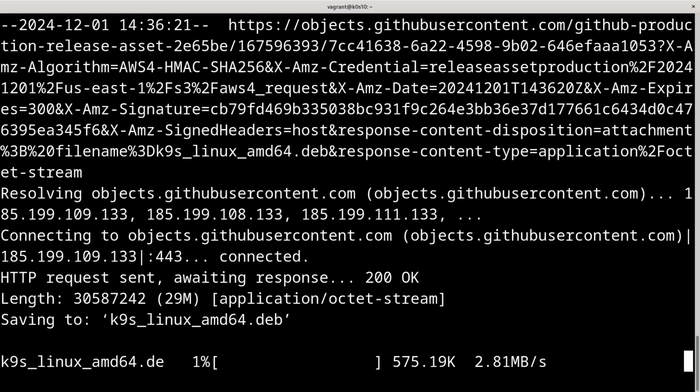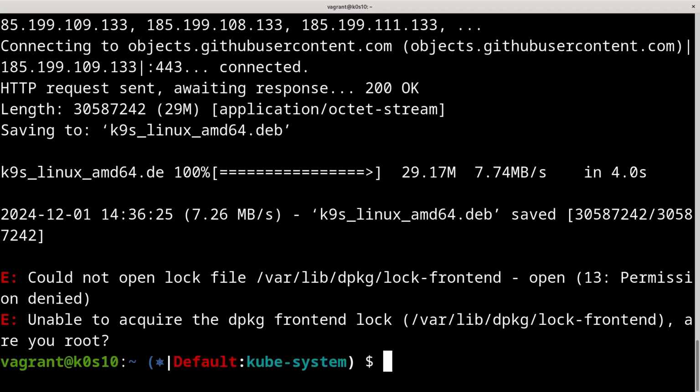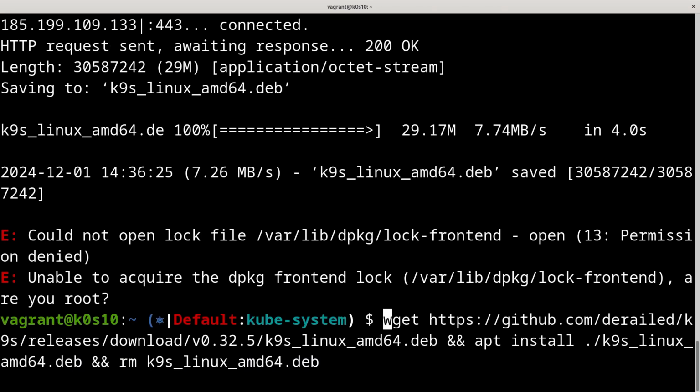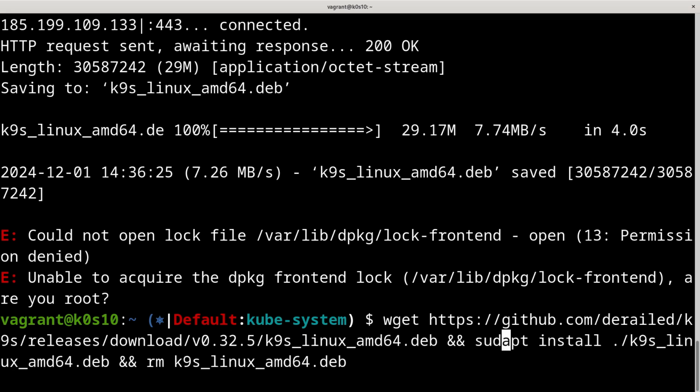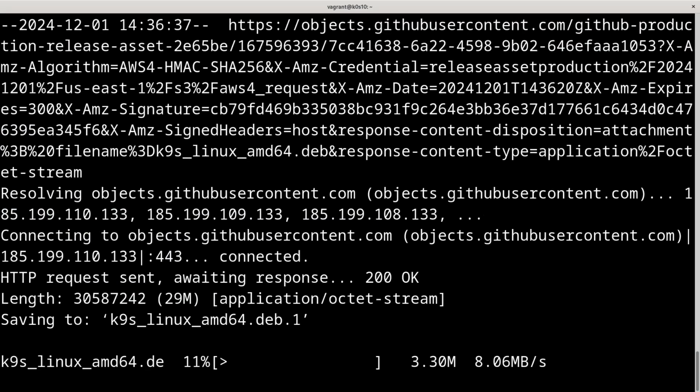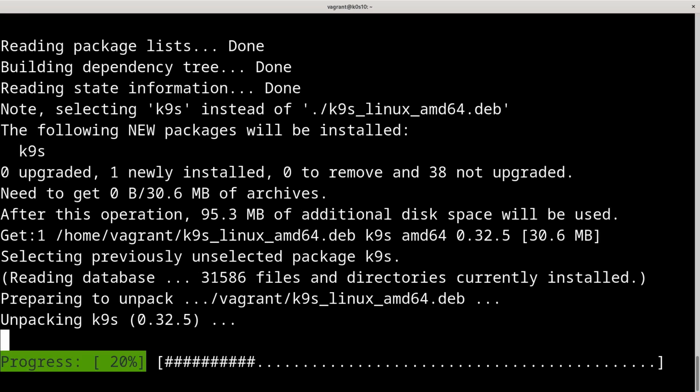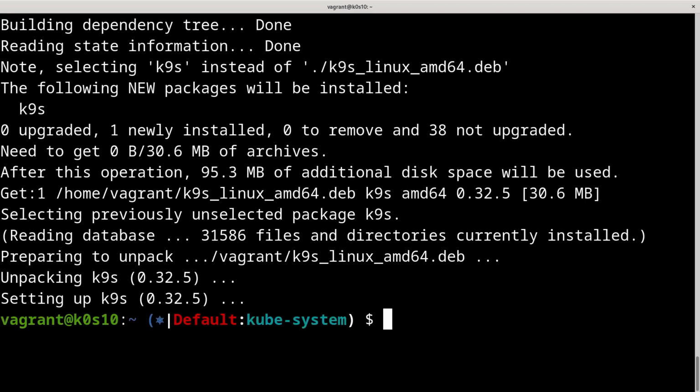So let's go. That takes a few seconds. Okay. Yes, of course, I need to do it with sudo. Where is the sudo? Here. Okay, let's go again. Okay, the installation is done, and it's okay.